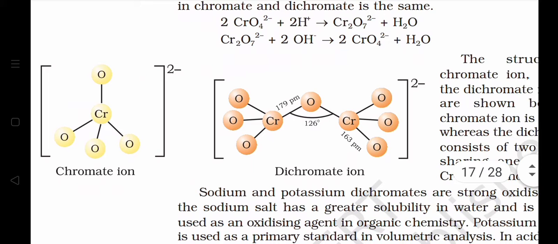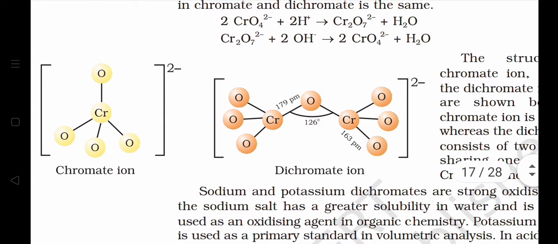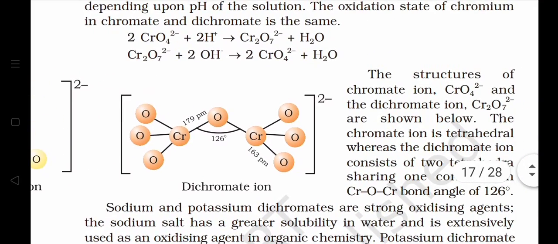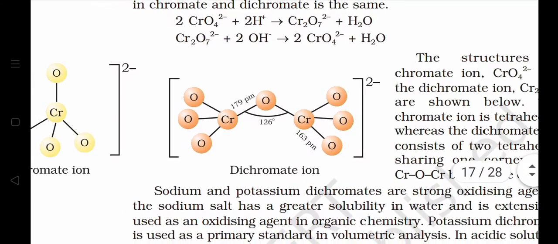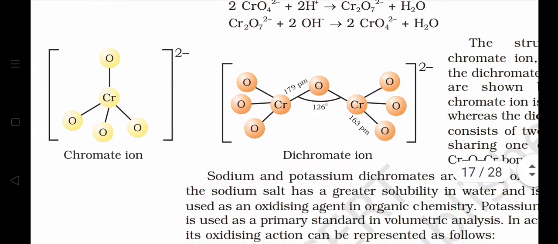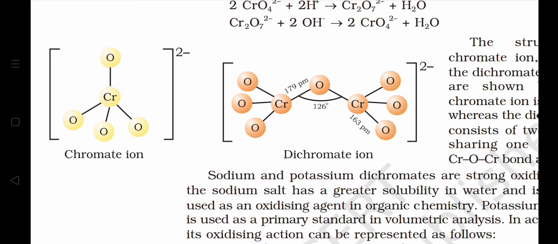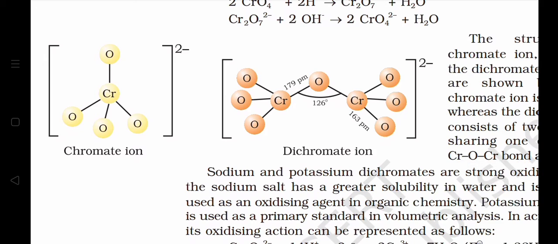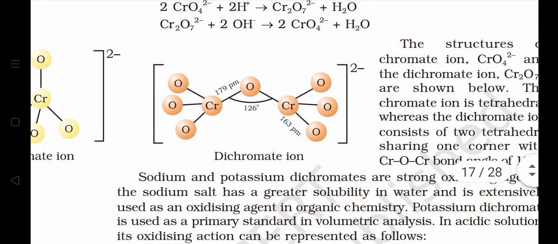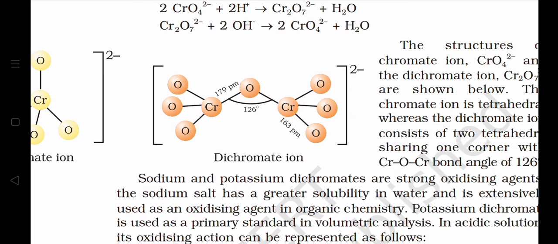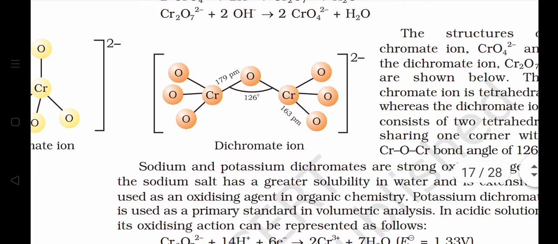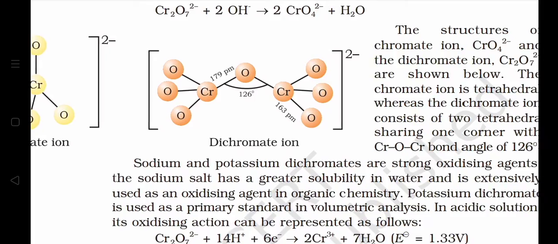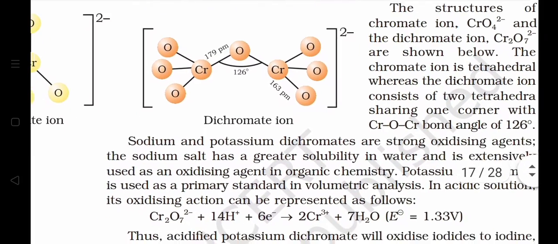Draw the structures of chromate and dichromate ions. They are asked in 1 mark question. You can see in chromate as well as in dichromate ion, the chromium has a tetrahedral arrangement in which 4 oxygen are surrounding this chromium. They are arranged at the corners of a regular tetrahedron, while in case of dichromate, again the arrangement is tetrahedral. Each chromium is surrounded by 4 oxygen, but the 4th oxygen is bridged between 2 chromium atoms as seen in this case.